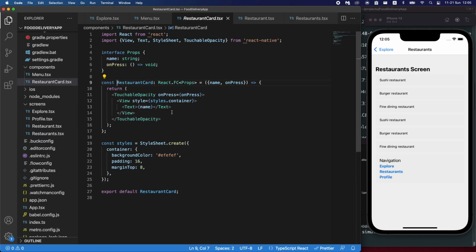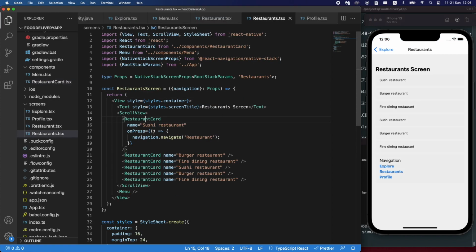And here in the restaurant card, we also have to pass the name to the onPress in order to know which name was passed. So let's say name: string. And now here we'll receive the name, and we can just pass in our params, which will be the name, as we can see here. So we can just say name: name, or just name. So now if we repeat that for all of them,